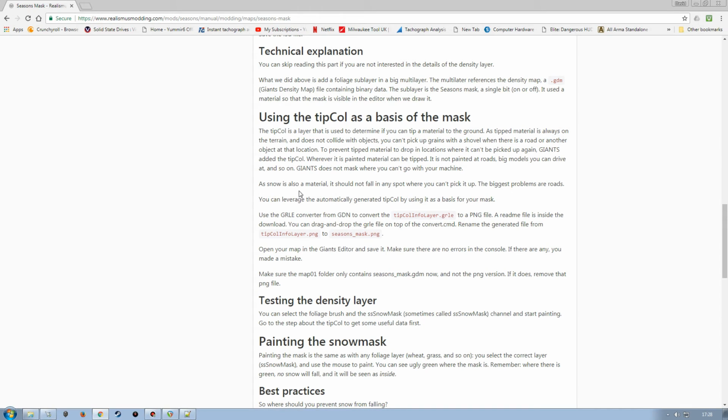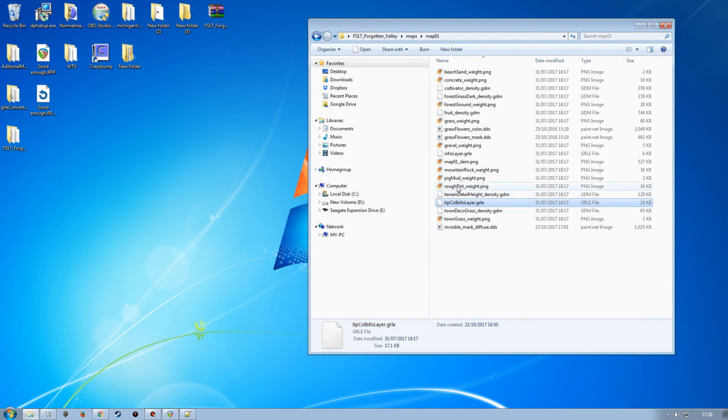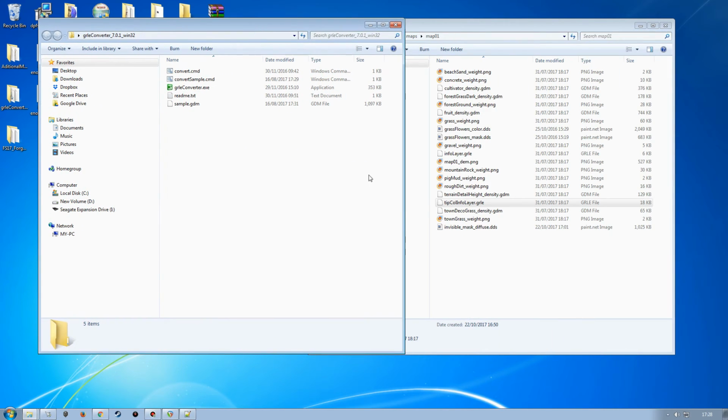Okay, so what we're going to do then is take the tip coal info layer.grle, so we need to find that, which is right here in our map01 folder. And what I need to do is make a PNG from that. I've got my GRLE converter up on my desktop here. So what I'm going to do is literally drag that over onto the convert.command